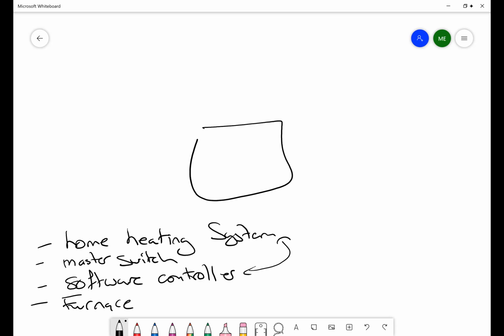Anyway, where was I? So it's actually a software controller. We're going to call it the home